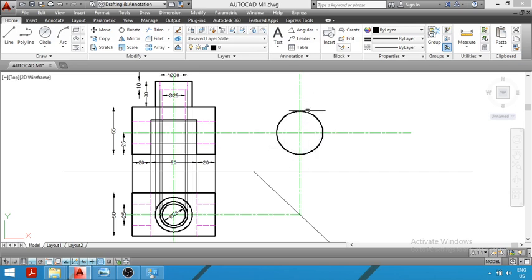So now I will erase the upper part. So you can see I have removed the upper part. So you have to keep in mind that while drawing the semicircle on a circle, you have to draw just the lower part, no need to draw the upper part. So we have completed the lower semicircle.